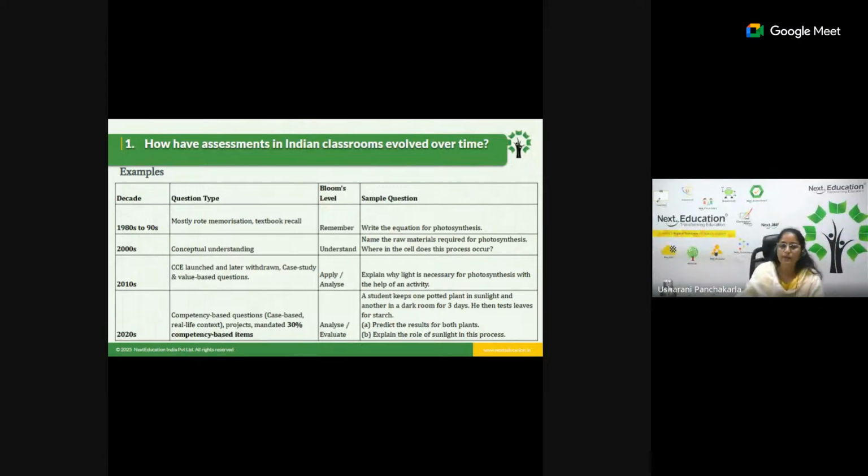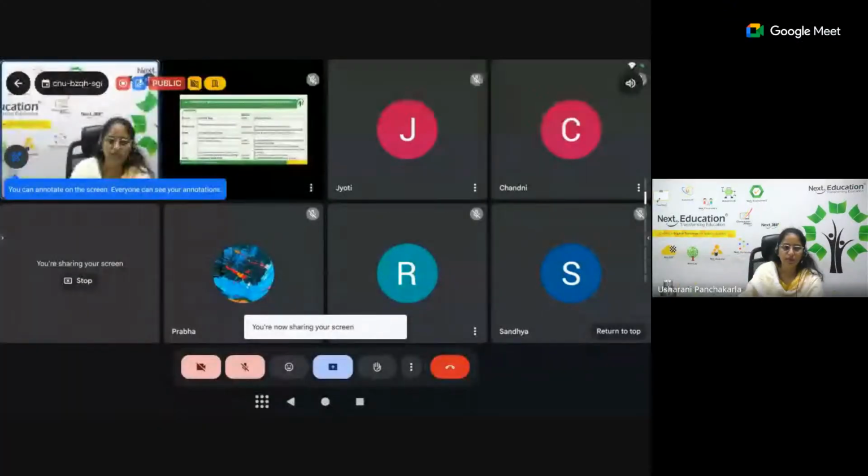And this is one example taken from the 10th board paper from that particular year: write the equation for photosynthesis. Now, when it comes to 2000, you can see conceptual understanding questions have come. That is where it is addressing the Bloom's taxonomy level of understanding. And here you can see questions like name the raw materials required for photosynthesis and where in the cell does this process happen. And 2010, like I can take...